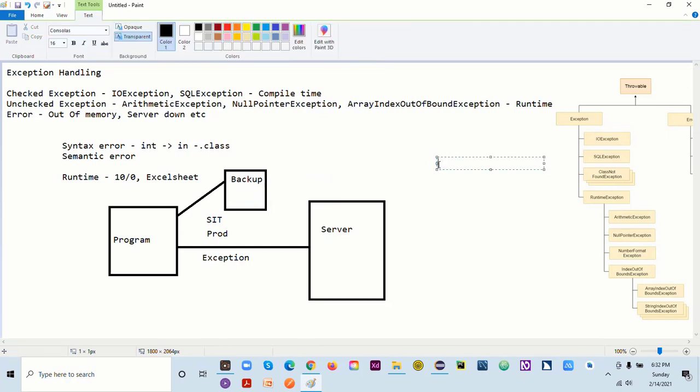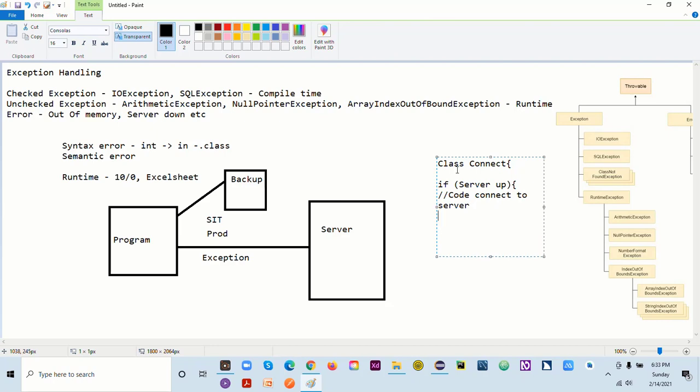If you write this program, how do you write it actually? Say I have one class, CanConnect. This is the name of my class. Under this class, the code is like: if server is up, then connect to server. That's fine, there's no issue; we connect with the server.